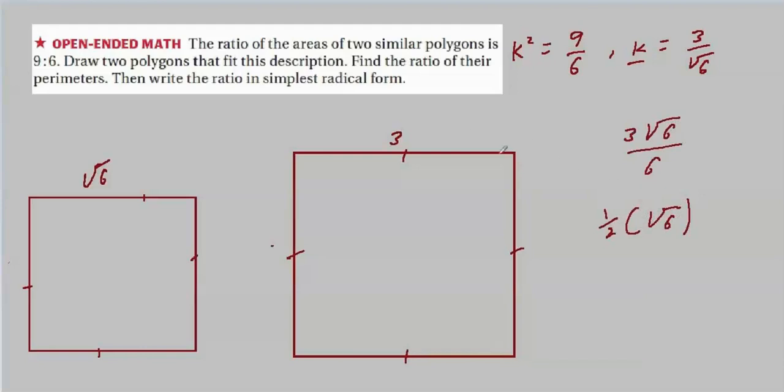Well, you see, this wasn't a really tough problem, and they didn't tell us we had to draw any weird, strange polygons like an irregular dodecahedron or anything. So I just picked the simplest ones. And by now, flipping back and forth between scale factors and ratios of area, ratios of perimeters, that should be pretty easy, because you just have to remember that perimeters go up and down just like the scale factor. Areas, well, the scale factor squared. And that's about it.